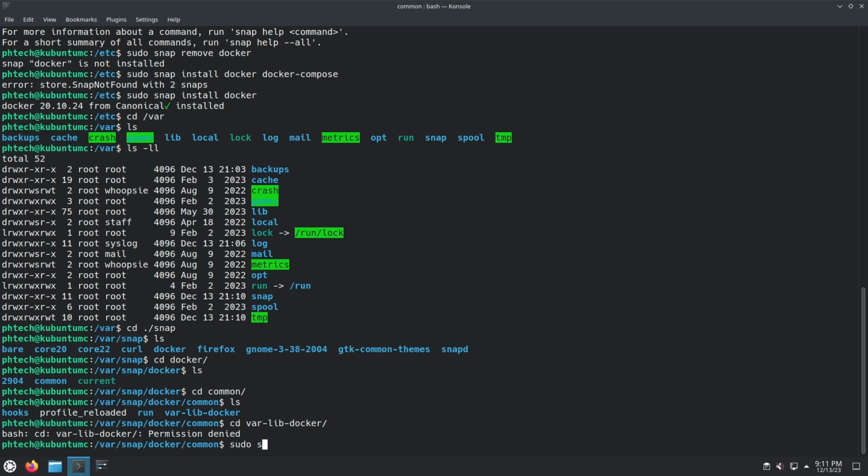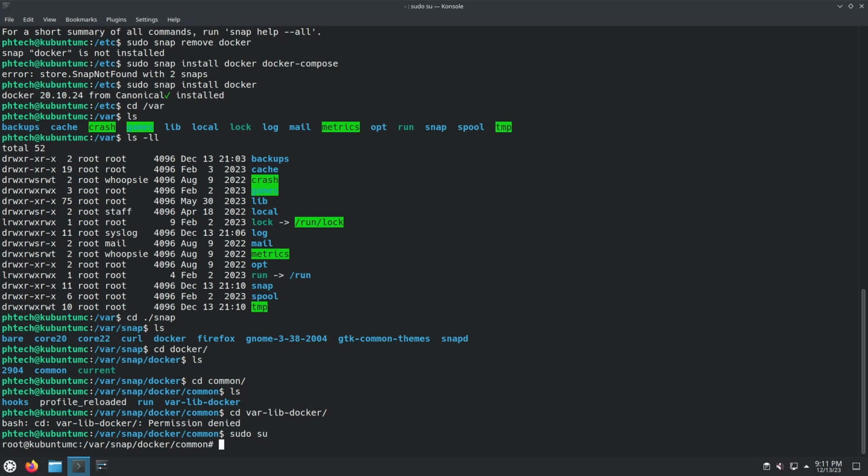Okay, so if you ever need to gain root access, sudo space su will take you to the root account. If you have a password set for your root account, it'll ask you for the password before it allows you to elevate. This is just a virtual machine that I can blow away at any time, so I've just left it without a password. Okay, so we want to cd into var lib docker, and if you start typing,